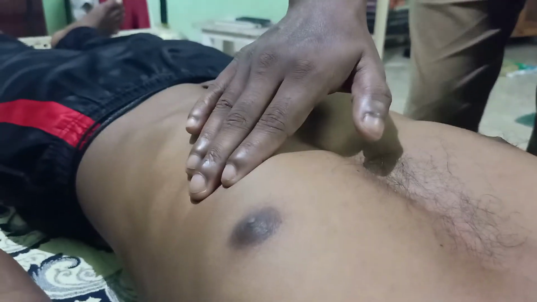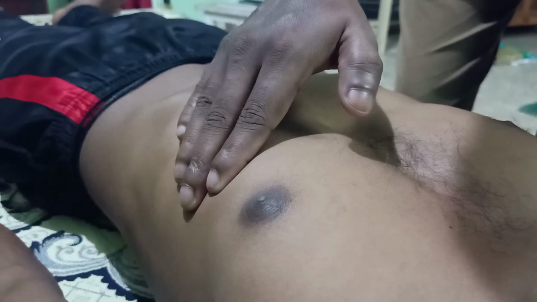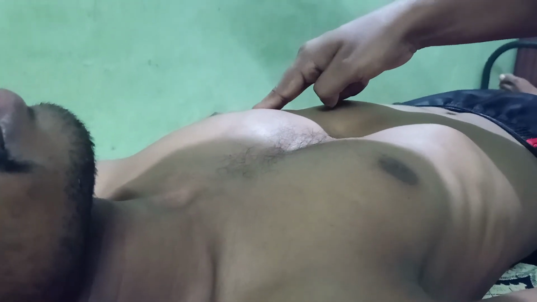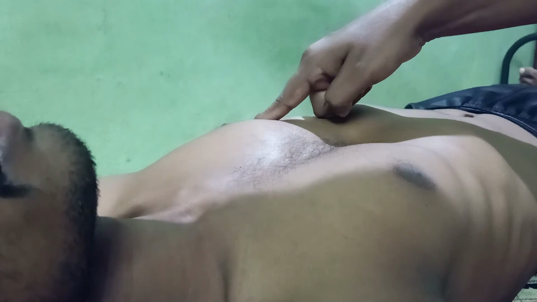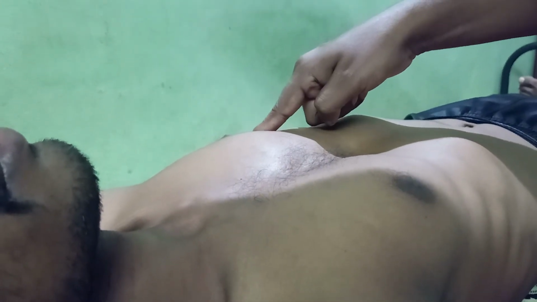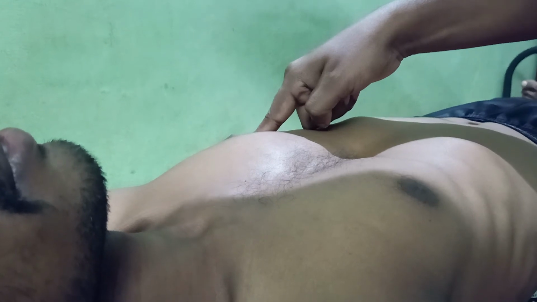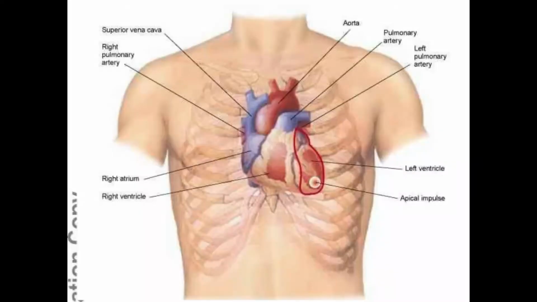Next, for the apical impulse, palpate using the palmar surface of several fingers. Once you find the apical impulse, make a finger assessment with the fingertips, then with one finger. Now identify the location, diameter, amplitude and duration of the apical impulse. Location of the apical impulse is the 4th and 5th interspace. Diameter of the impulse is less than 2.5 centimeters. Amplitude of the impulse is small and feels brisk and tapping.